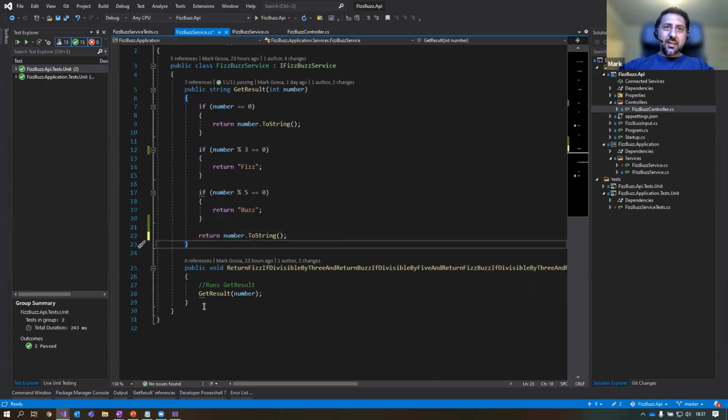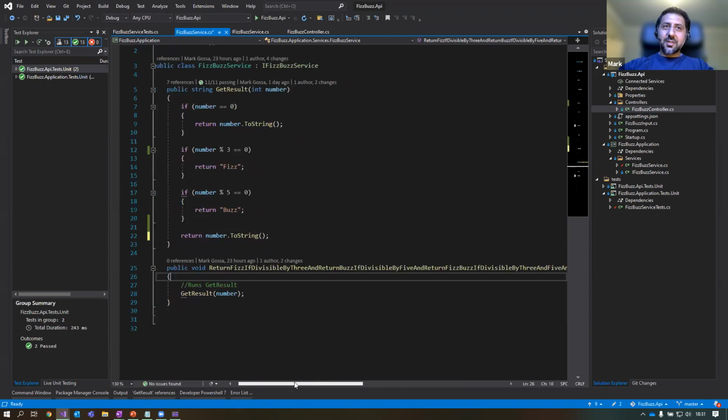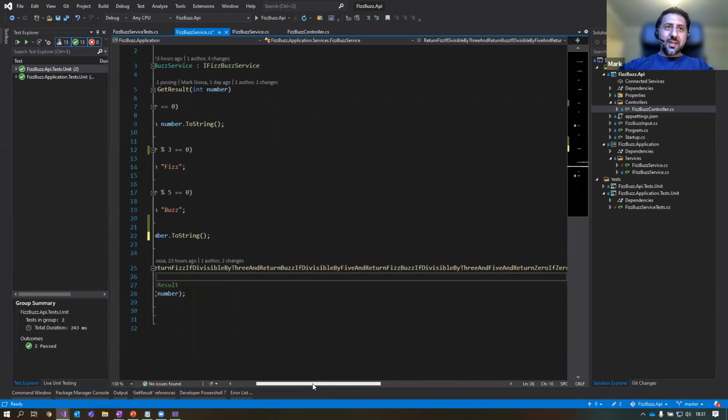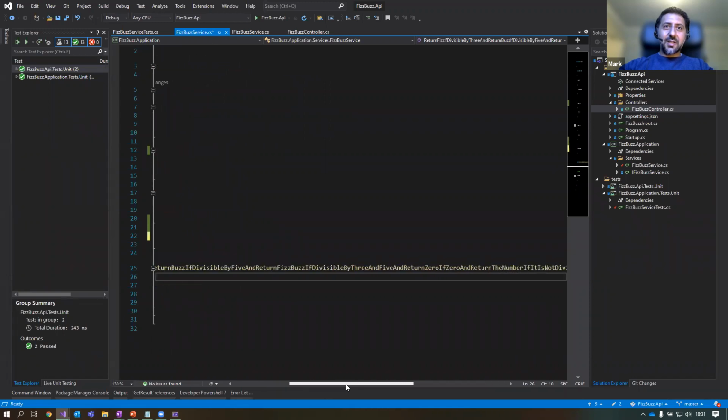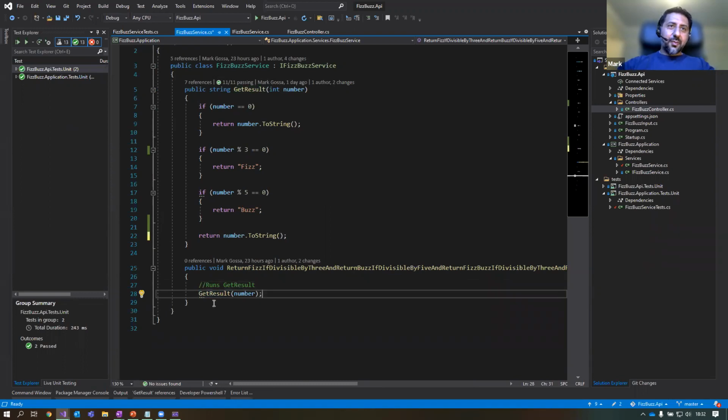And just by the way, if you're looking at this piece of code while you're working on it, maybe this might be something we want to remove. So this is quite a nice descriptive method. So return fizz if divisible by 3, and okay, it's basically someone has written out the user story into a method. Oh, and they even put a nice comment at the end saying, well done for making it this far. Okay, so what's that method doing? Oh, it's got a nice comment to say runs get result. Well, I can see that it runs get result. That's the only line. But this is a quick comment about clean code.